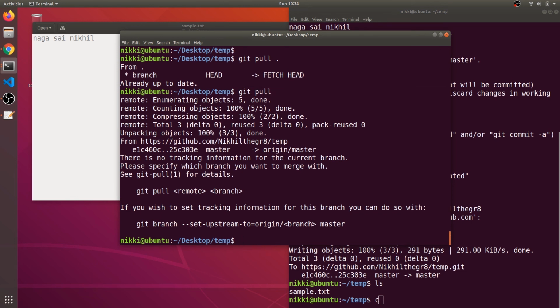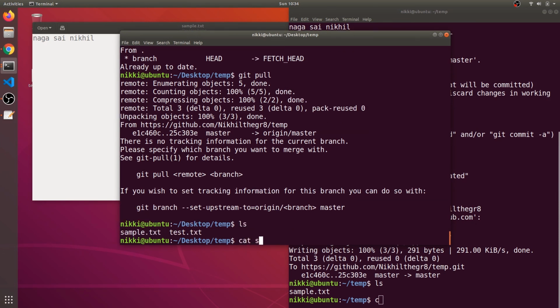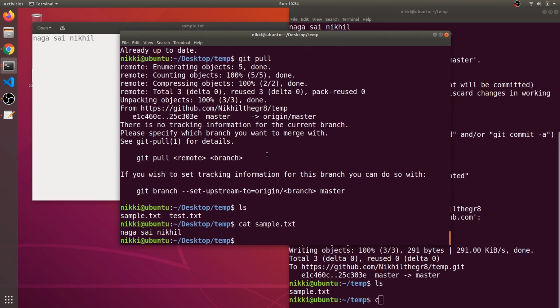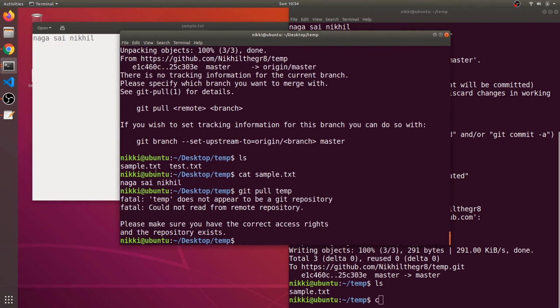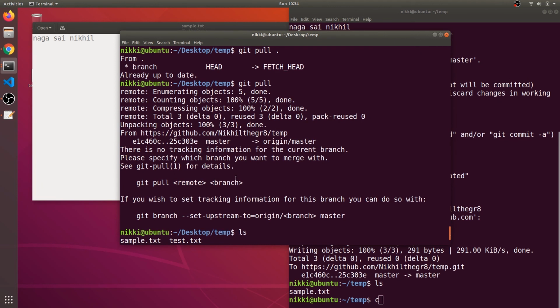Okay, I need to type just git pull, and if there are some other changes, let me copy this URL.